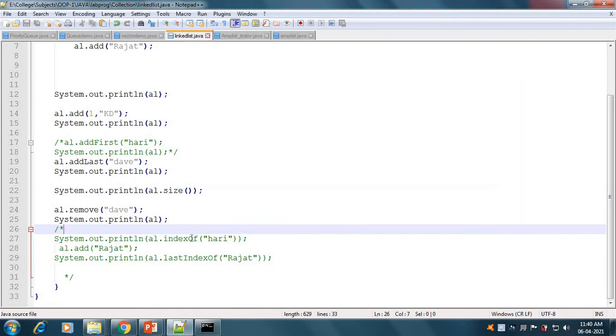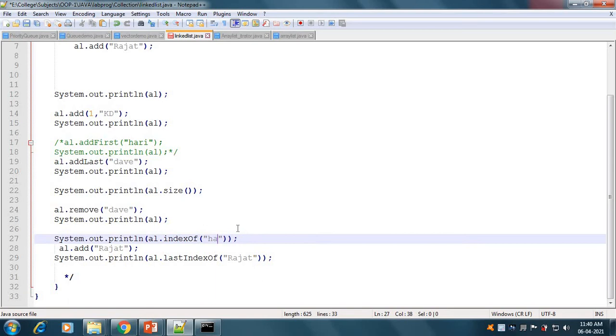Next is indexOf Hari. I want to find the index of Hari, but if I want to find the index of Dave, I will make it Dave.